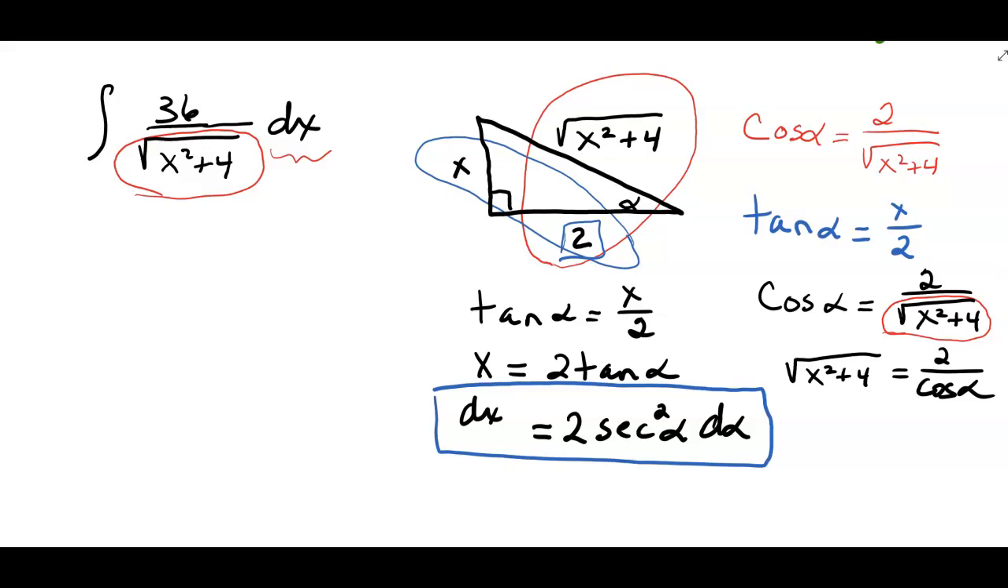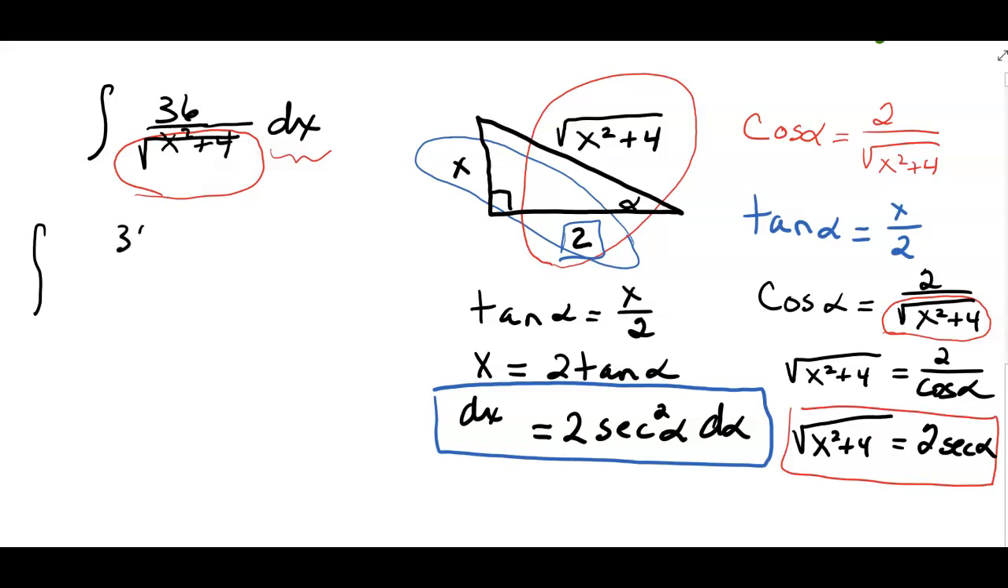I'll take a look at what we have. We have a cosine alpha on the one side, but on my dx I have a secant, but I can turn cosine into secant, right? What I've done is come up with a way using information I already knew, Pythagorean theorem and basic trig ratios at this point, to rewrite this integral